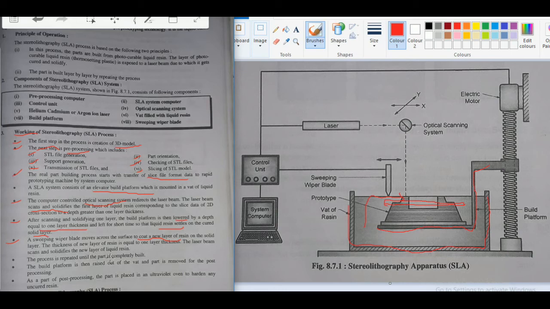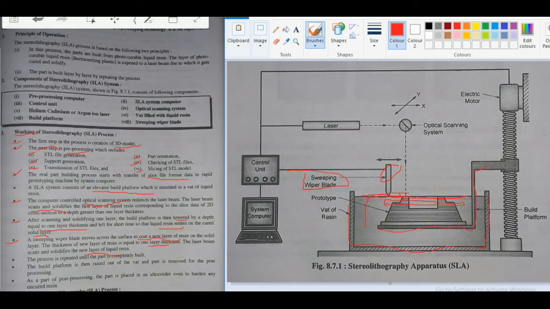The thickness of a new layer of resin is equal to one layer thickness. The laser beam scans and solidifies the new layer of liquid resin. Here friends, the sweeping wiper blade, that is this one, is used to coat a new layer of the liquid resin on a solidified layer of the prototype.